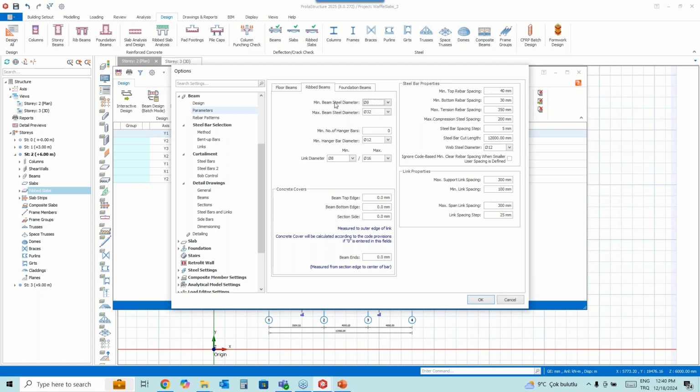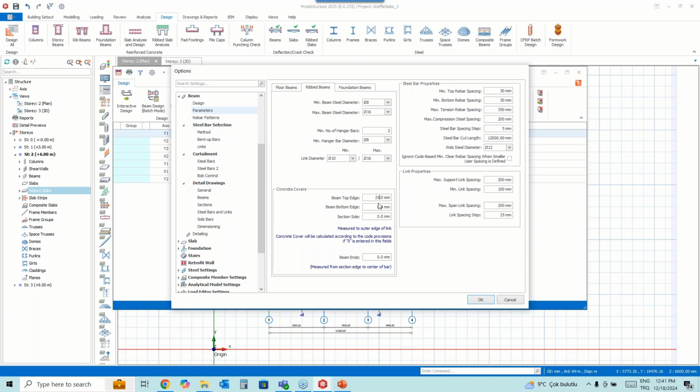I'm gonna start with phi 8. The maximum can be phi 16. Minimum hanger bars you can change from here. If you want, you can also change the link diameter. Maximum support and span spacings can be set from here. Of course, you can change the settings as you wish.